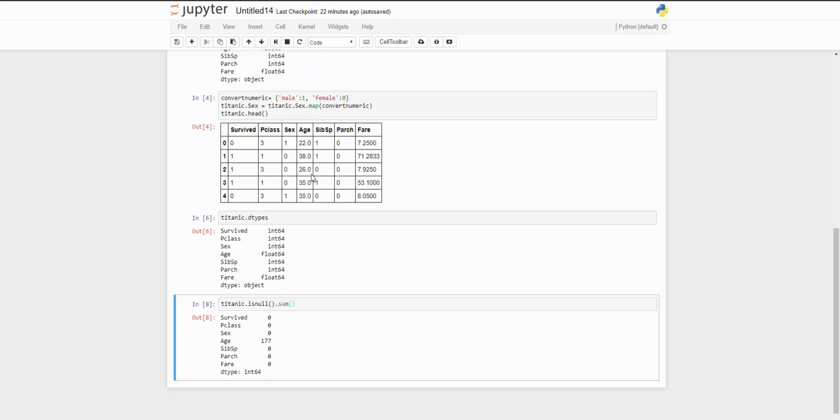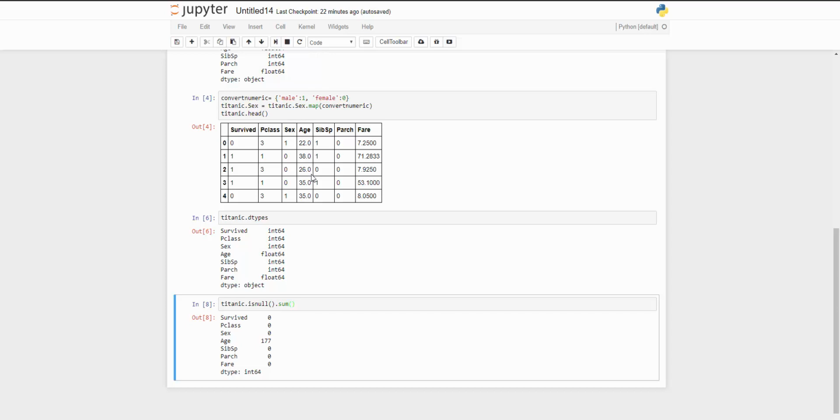So basically, we do not know the age of these persons, and we need to deal with this as well, because we need a data set without missing values. So we need a complete data set. So what kind of options do we have? Well, basically we have 2 options. Either we just get rid of those